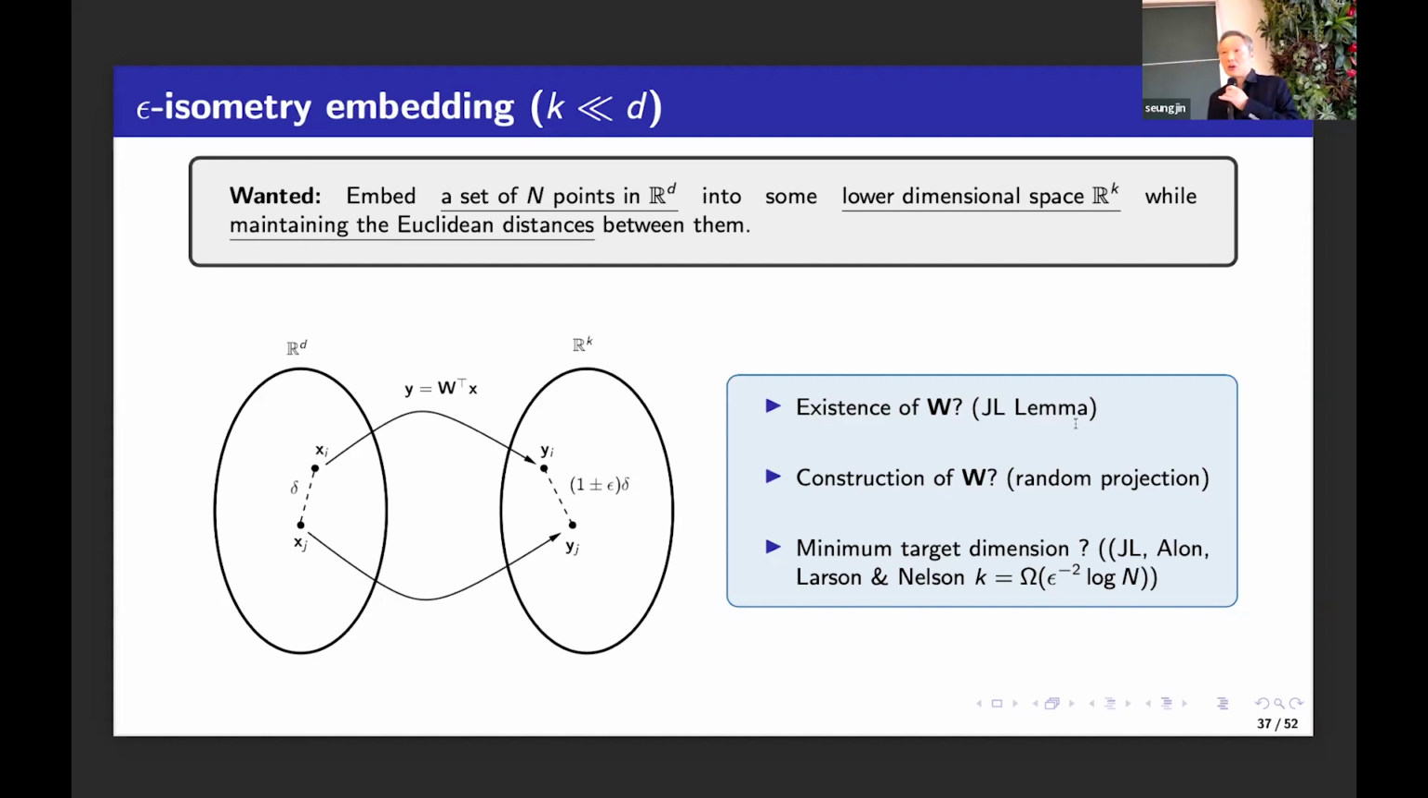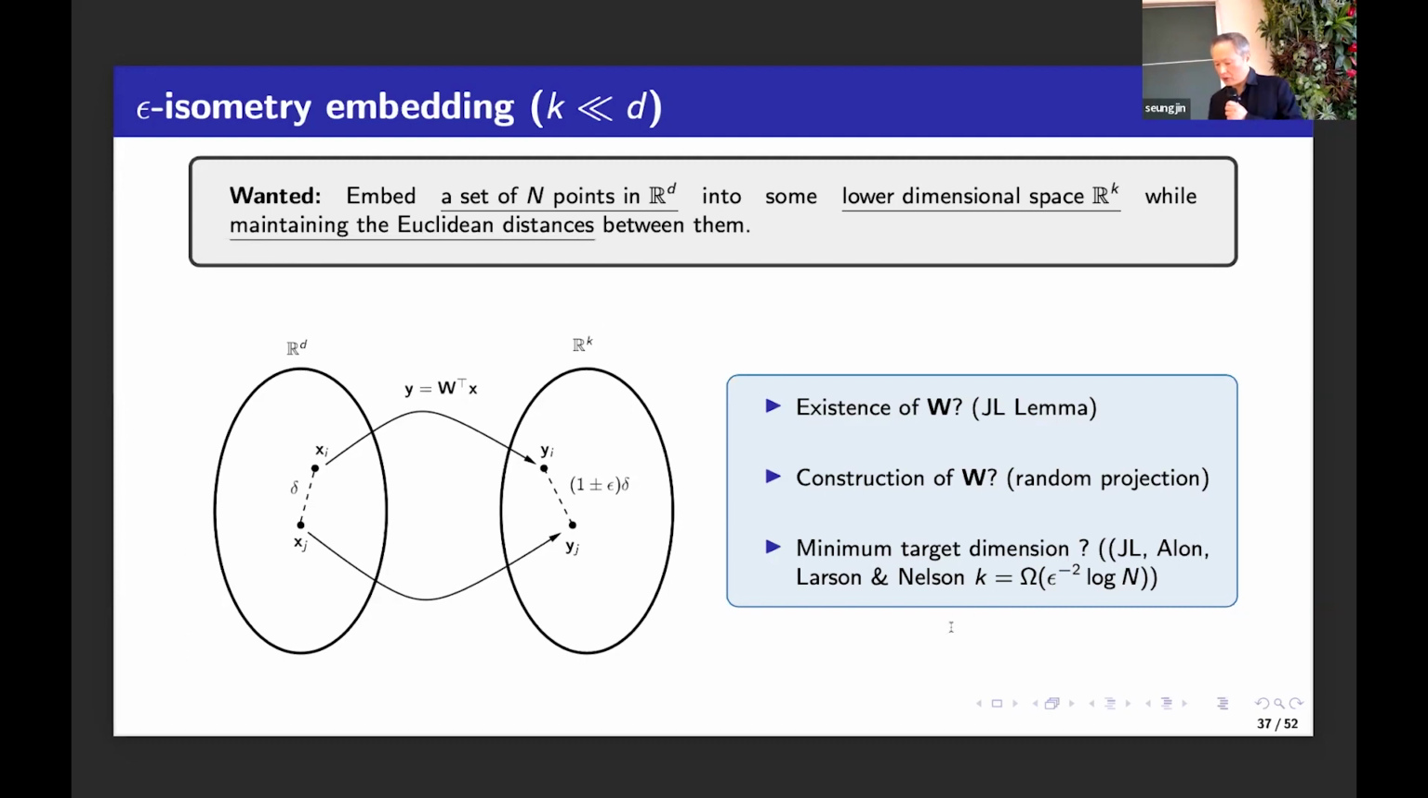So the Johnson-Lindenstrauss lemma tells us that there exists such a linear map which guarantees some epsilon-isometry embeddings, and the construction can be done by random projections, but of course maybe not an arbitrary random matrix. There is a well-known family of random matrices which satisfies this distance-preserving guarantee. And then what is the minimum target dimension, which means what value of k we have to select